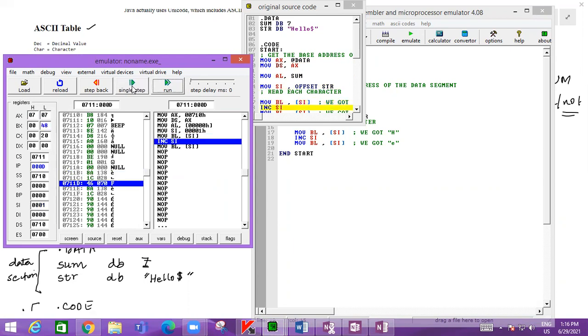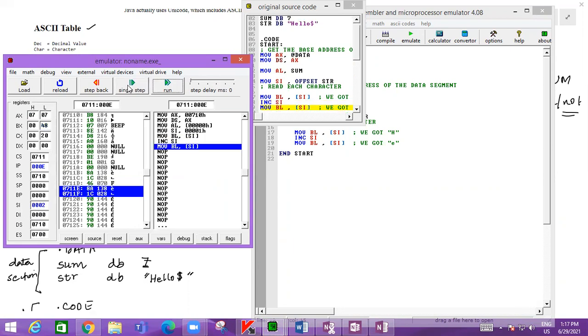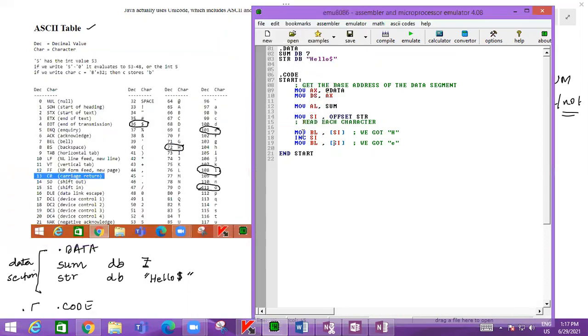Move here. 48 we got. And again, we are incrementing the source index register. That becomes 2. And there we have E in that. E corresponds to some value that will be loaded into this BL register. That is 65H. So like this, we can get each character.